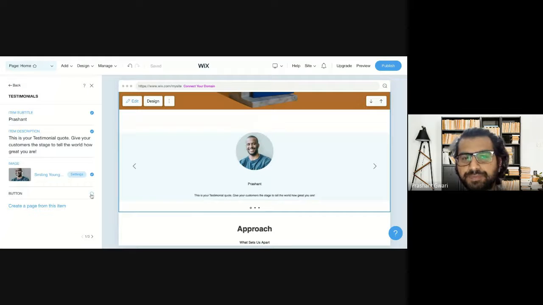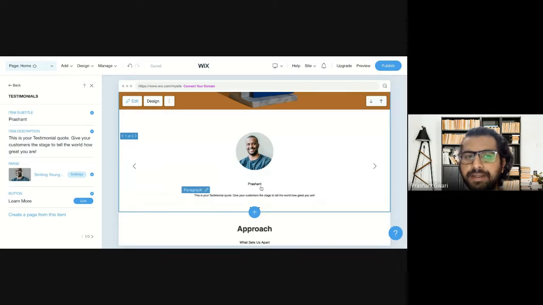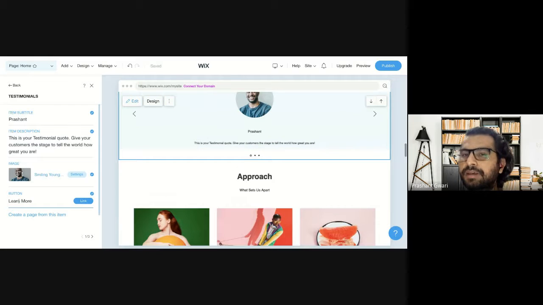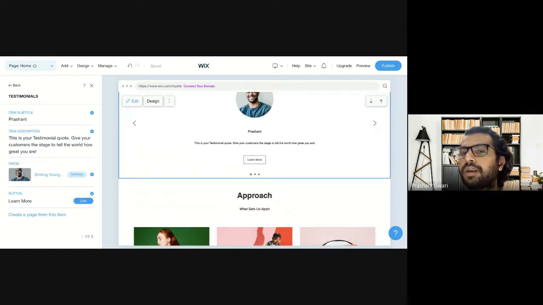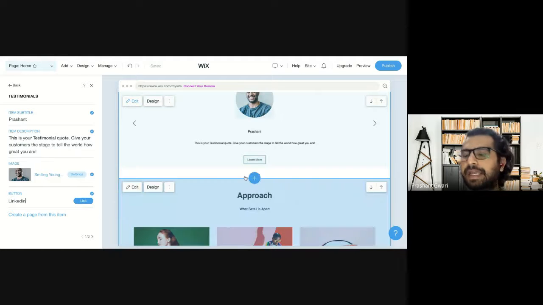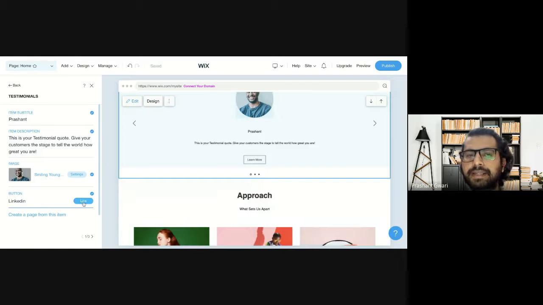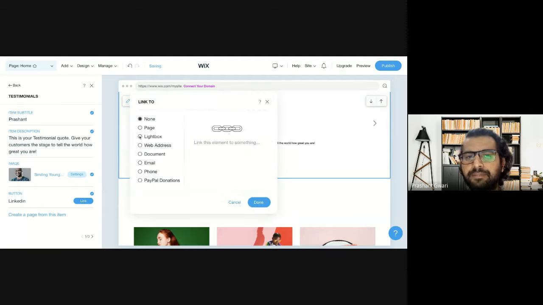Also, you can create a button below here in this testimonial part, and same thing, you can create a button like view more, where they can check all the testimonials, or you can type here something like LinkedIn and connect their LinkedIn profile by clicking on the web address section and typing the URL of their LinkedIn profile here.